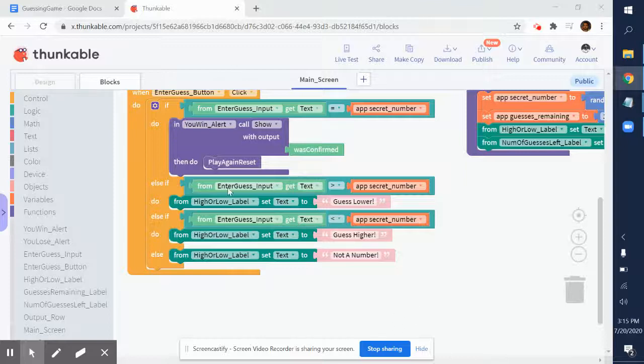All right, now that we've started finishing up this button right here, the enter guess button, let's evaluate each situation. If the user guesses the secret number, it's going to show up, you win, do you want to reset the game? If the user's guess was too high of a number, above or greater than the secret number, then